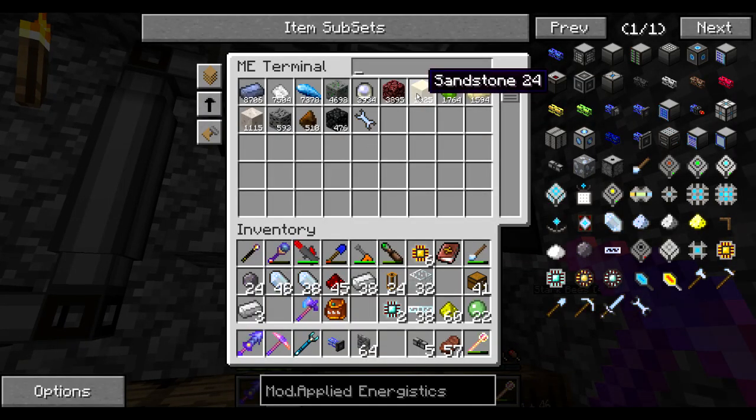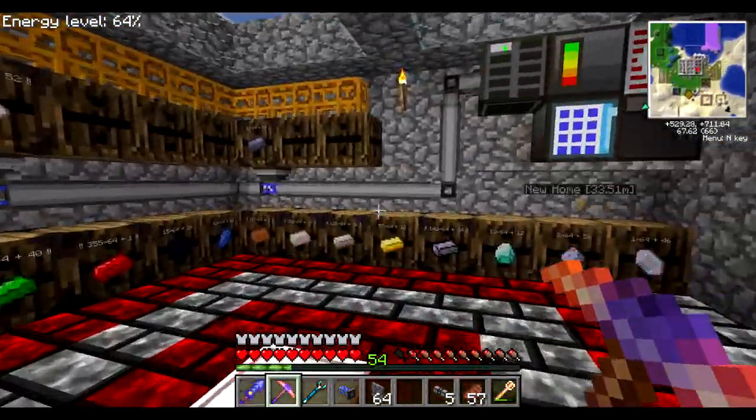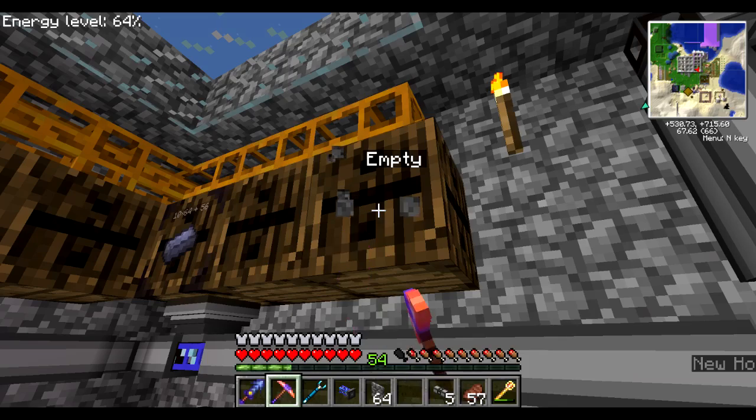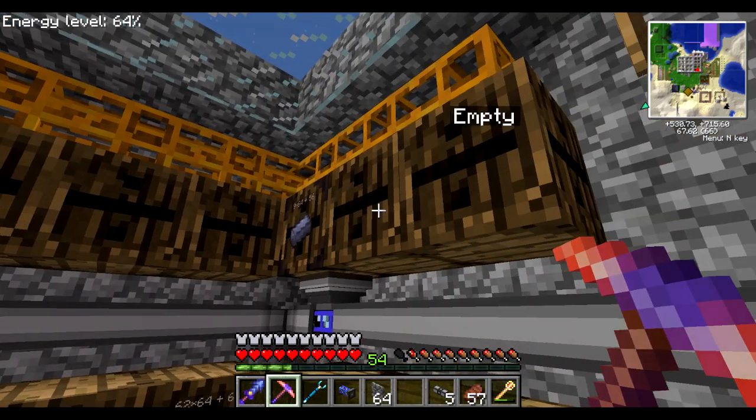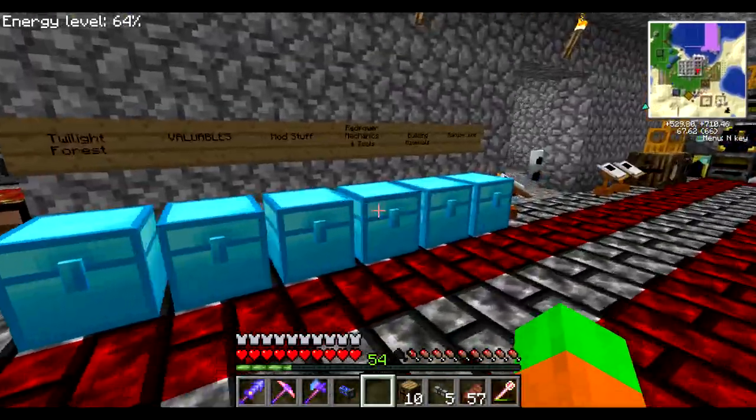Supposedly, I already pulled 2,000 of those. Okay, I'm going to start pulling. In order to pull from the other ones, let's first clear those barrels. So in order to start pulling from the other barrels, what I'm going to do is get my trusty